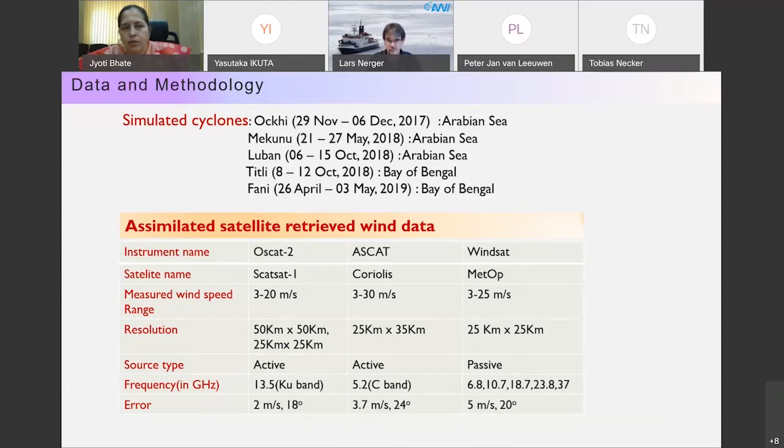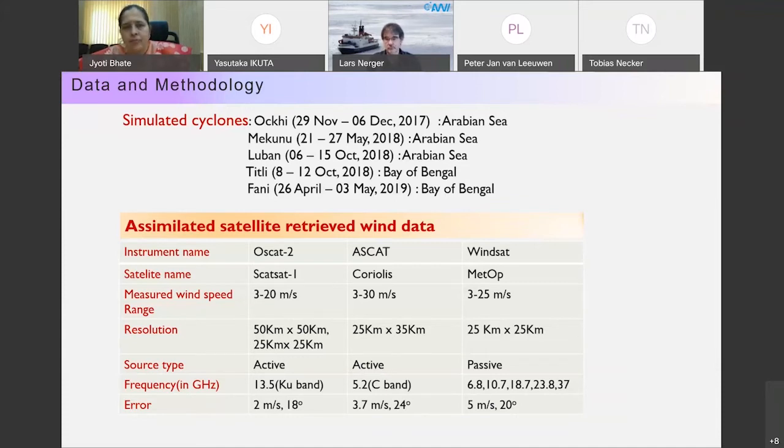OSCAT2 is on our SCATSat-1 satellite, ASCAT is on MetOp, and the WindSat sensor is on Coriolis. The error in wind speed for OSCAT2 is 2 meters per second, and the error in direction is 18 degrees, which is lesser compared to ASCAT and WindSat observations. These are the details which I have given for the